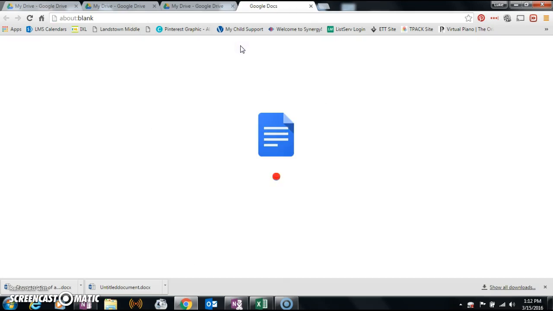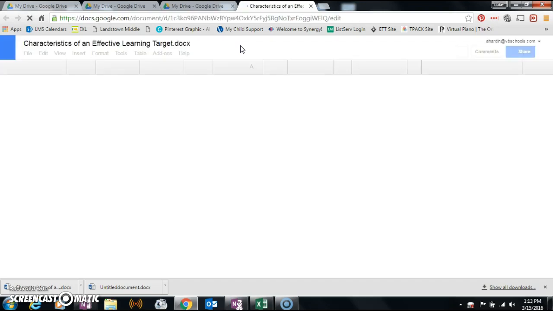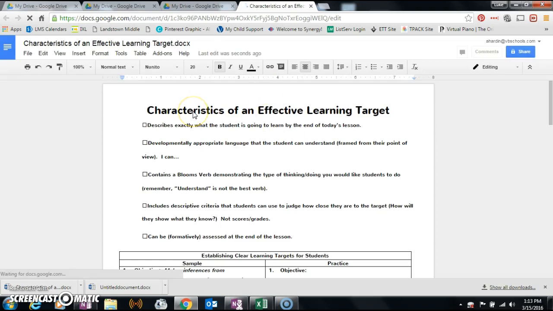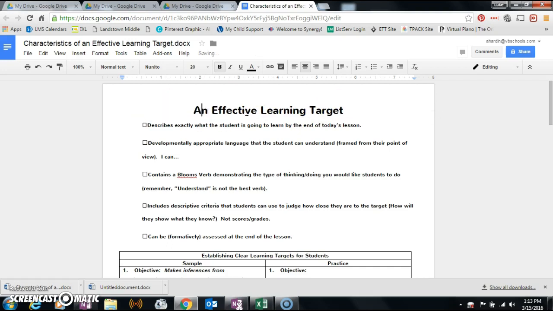And it takes a moment for this to happen sometimes. It's got to convert the Word filing and formatting and everything to the Google Doc file and format. So here I have the original Word document now opened using Google Drive. And as you can see now, because I have all my tools and I have a cursor flashing, I can go ahead and make changes to this if I want to. Rather than characteristics of an effective learning target, I'm just going to put in a new title, an effective learning target. All right, so all I have to do now is just close that tab